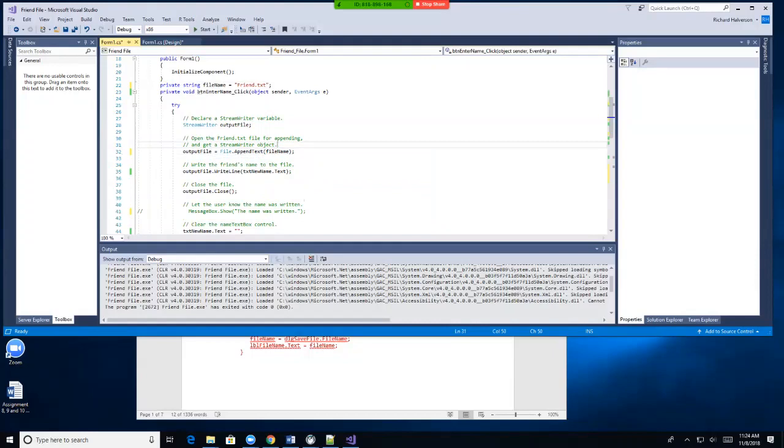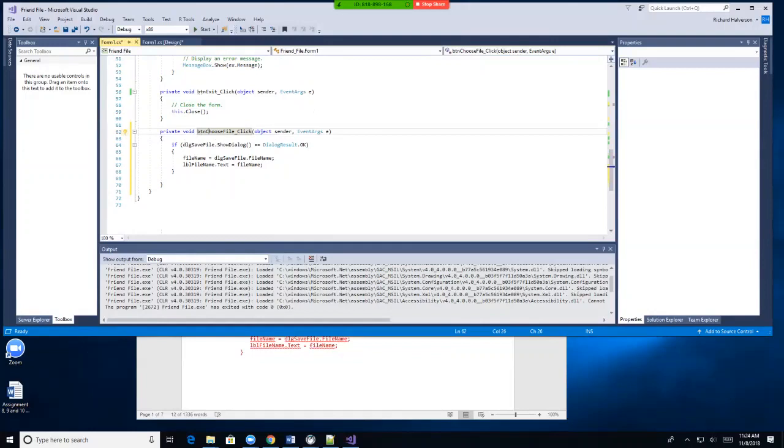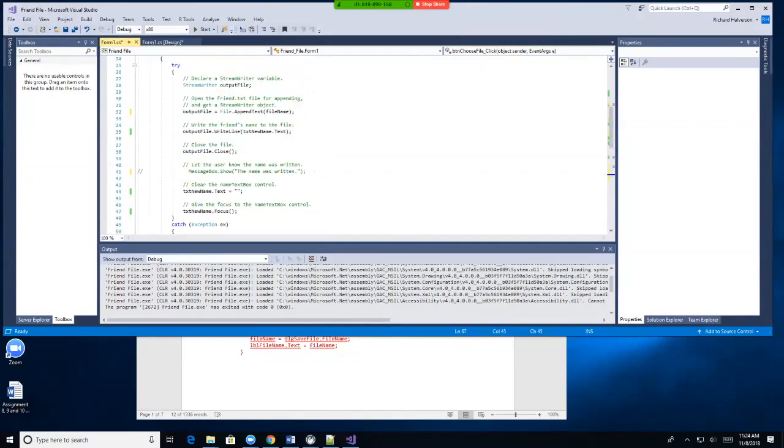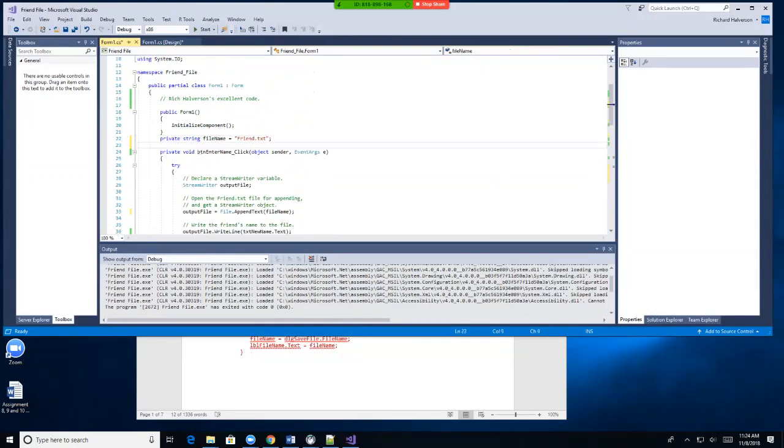And so in here, I'm going to put the variable file name. And so this means that even though it's initialized to this, if this button is clicked, choose file, then this is going to change it to something else. Now you notice here we write to the label. We write the new file name to the label. Let's also do that. See, we cannot do it here. It won't let us do it here